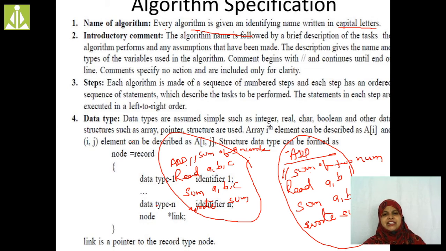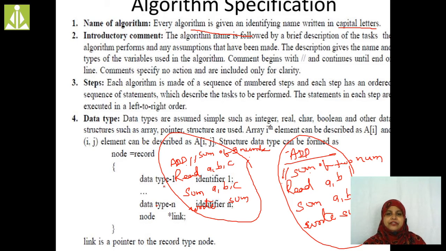For example, integer: addition of two numbers, already explained. Here I am going to take int a comma b. For example, I want to find the factorial of a given number. Here I am going to write int n. I am not going to write float n. Float n means 4.4. Is it possible to find the factorial of 4.4? No. Is it possible to find the factorial of 4? Yes, it is possible to find the factorial of 4, right? But we can't find the factorial of 4.5, right?